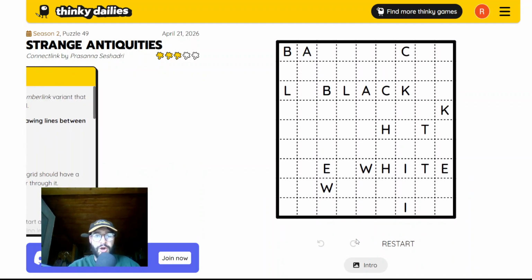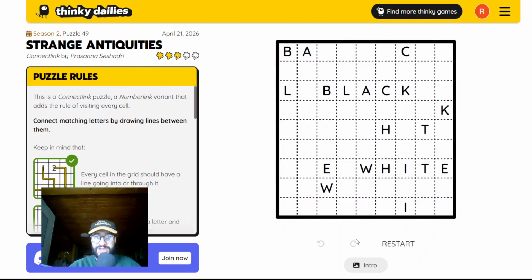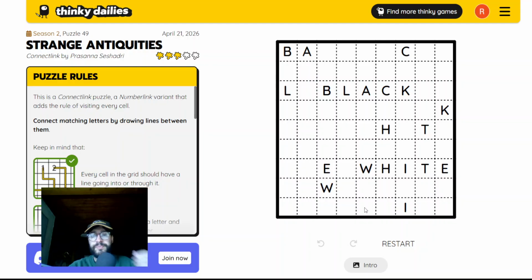Okay, this is a connect link by Prasanna Seshadri. This is the connect link puzzle, a number link variant that adds the rule of visiting every cell. So we have to connect every letter with its own letter, and we have to visit every single cell. Okay, so let's start. This B has to come out some way. This A, same. So we can connect some way here. The L has to connect